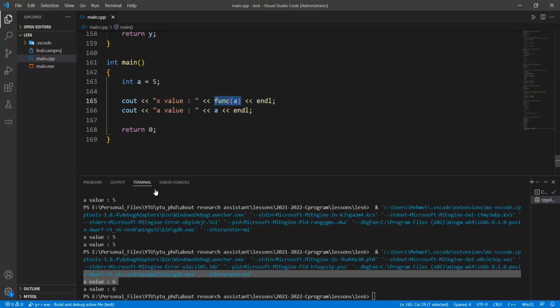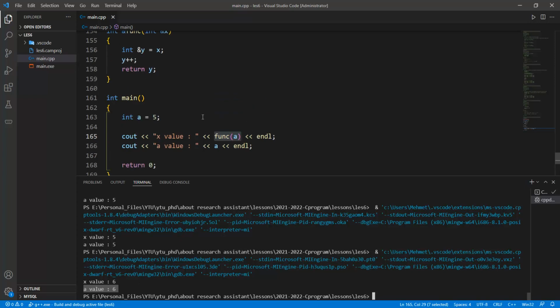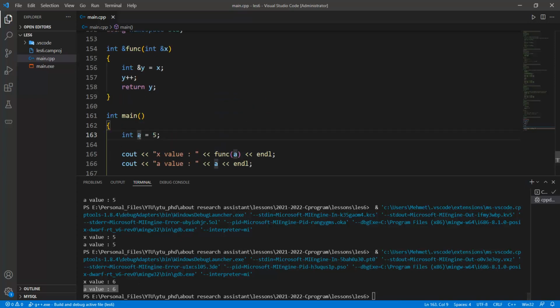But also a value in here is 6, because this a, this x, this y are using the same general location on the RAM storage, because the reference points both include the address and its normal value. Okay,